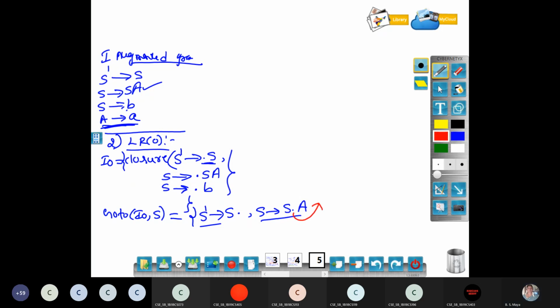I got this one: dot A. Because of dot A, after moving your dot to the right, you have to check once again whether it requires any closure of the non-terminal. That means as soon as the dot moves, you have to look for whether any non-terminal is there. Here, the dot is at the end, so nothing. In this problem, after the dot, A has come, so I have to write the productions of A in the given problem with a dot at the beginning. Clear?